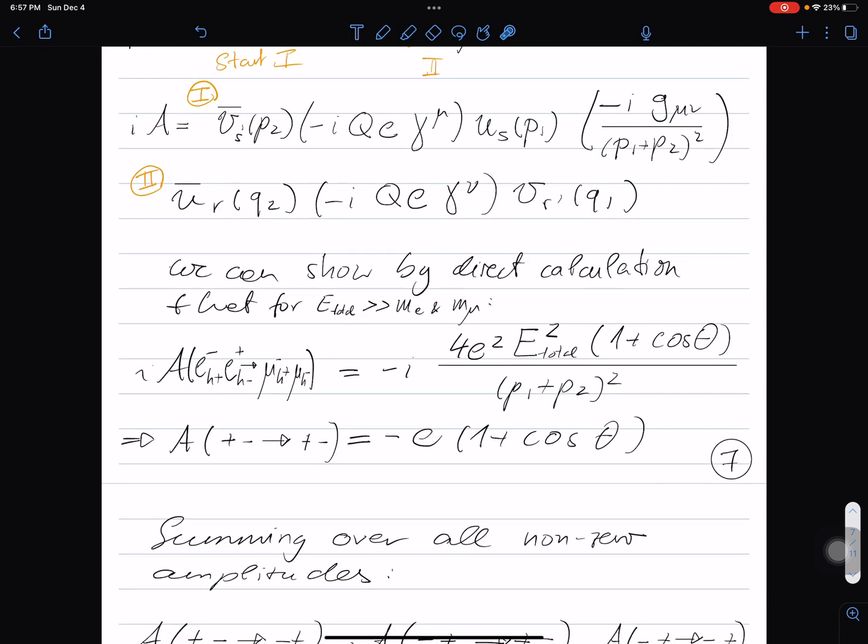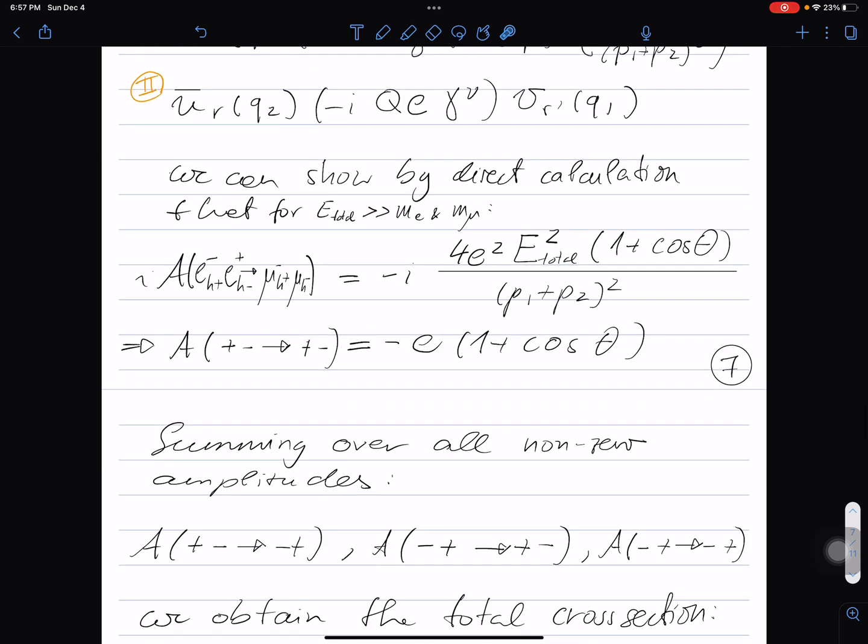In particular, the spinor indices mean that we can think of this process in the helicity basis, if we assume the total energy to be much larger than the masses, and think that the particles are really controlled by chirality, which is equal to helicity. We can in particular have states with helicity, the projection of the spin going in the direction of motion or against the direction of motion, that is plus and minus helicity. So we have four different combinations that are non-zero for this interaction. So for example, we could have a plus-minus electron-positron meeting and producing a plus-minus helicity muon and anti-muon pair.